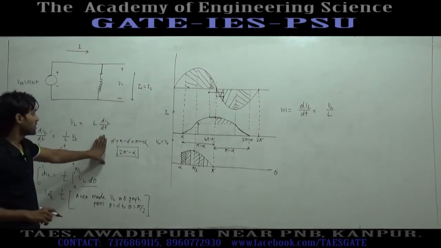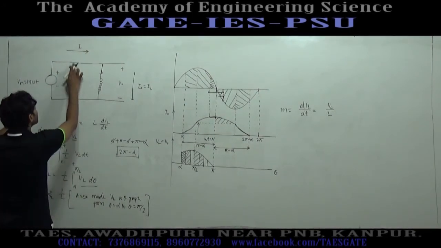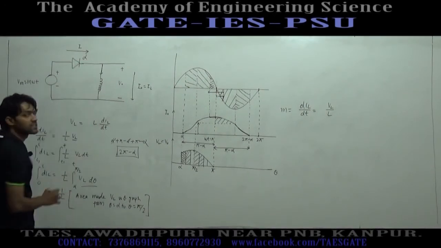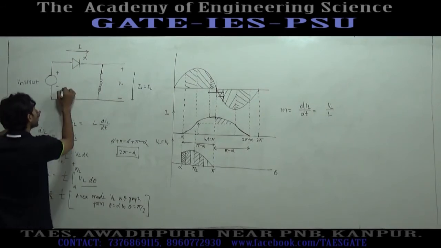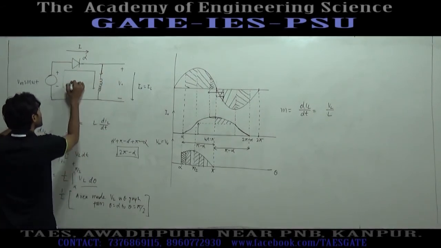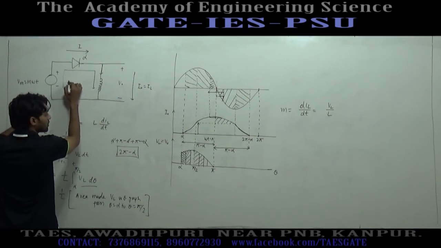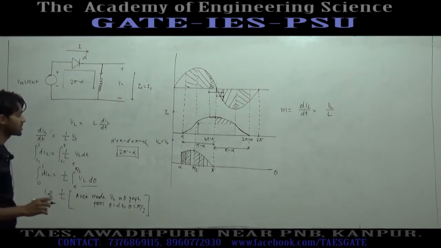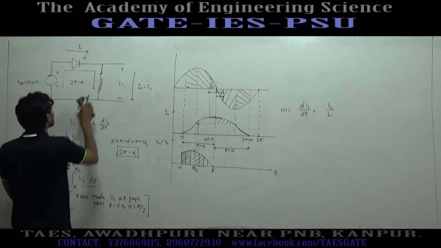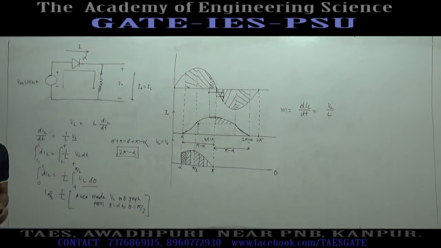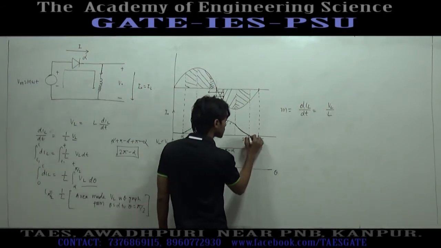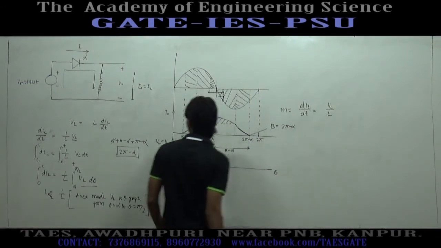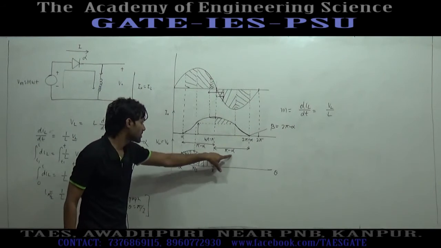So, from here we can see that if the triggering angle of the thyristor is alpha, the conduction time in this circuit will be 2 pi minus alpha. No, conduction time is not 2 pi minus alpha. The point at which current becomes 0 is called the extinction angle. So, the value of extinction angle will be 2 pi minus alpha, and the duration of conduction will be pi minus alpha plus pi minus alpha.